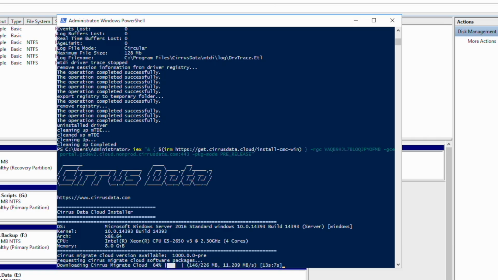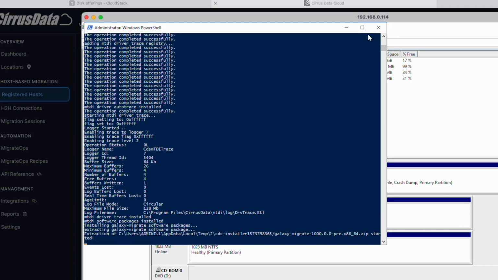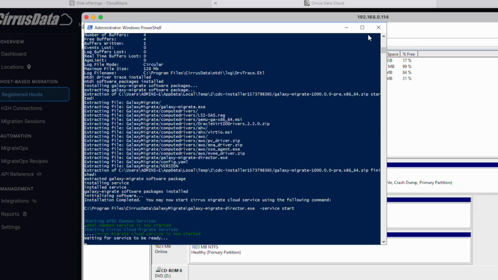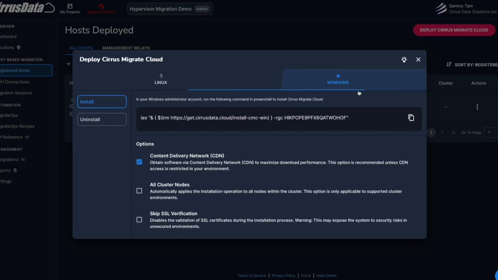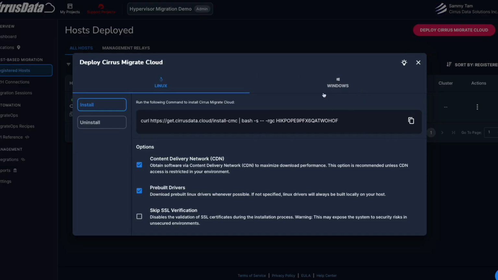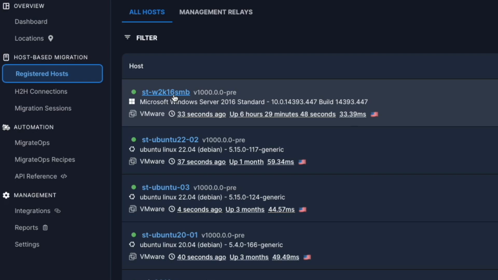CMC will install and register to Cirrus Data Cloud all by itself. This same installation command can be used on as many hosts as you want, so you are free to use any automation mechanism of your choice to deploy Cirrus Migrate Cloud at scale. The migration process of Linux hosts is more or less identical, and all you need is to install with a different installation command. My Windows 2016 SMB host is now displayed on the registered host list, meaning that the installation